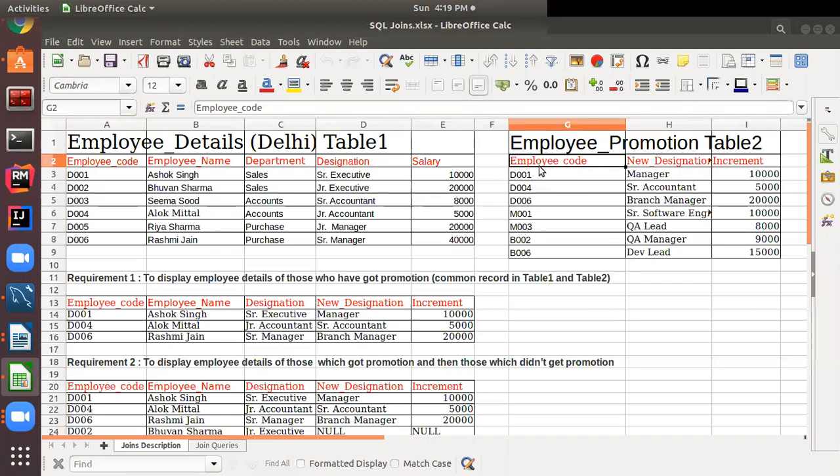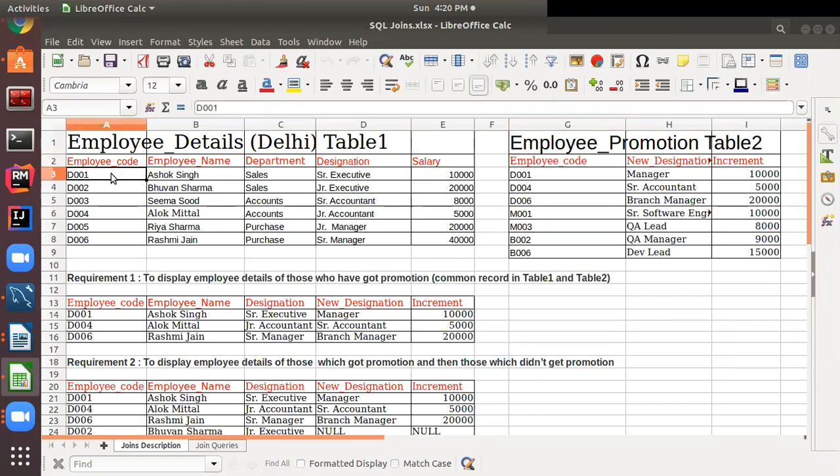So we can use a join, because both tables have one common field. If the tables don't have any common field, then we can't use a join. Employee code in this table is the primary key, and in the second table it is called the foreign key, right? Now let's execute this query manually.